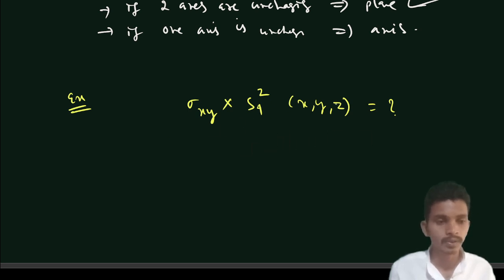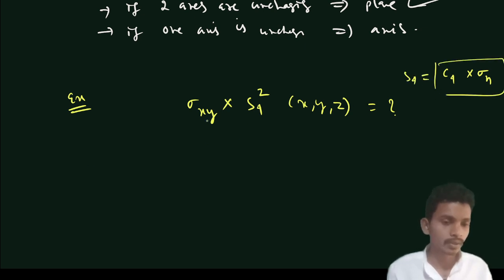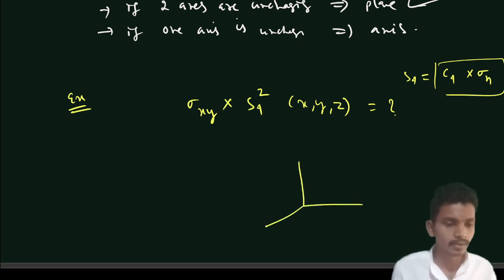So this S4Z means, let's say, sigma h into C4. This is what I mean by S4. Okay, so now, since this S4 is along the Z axis, so if this is the axis